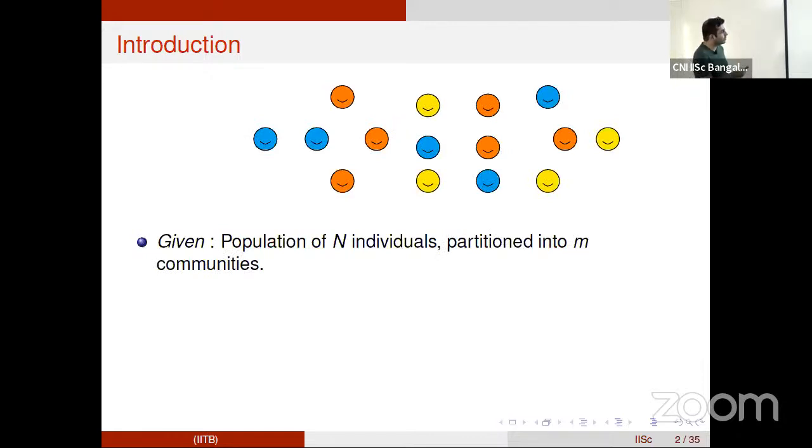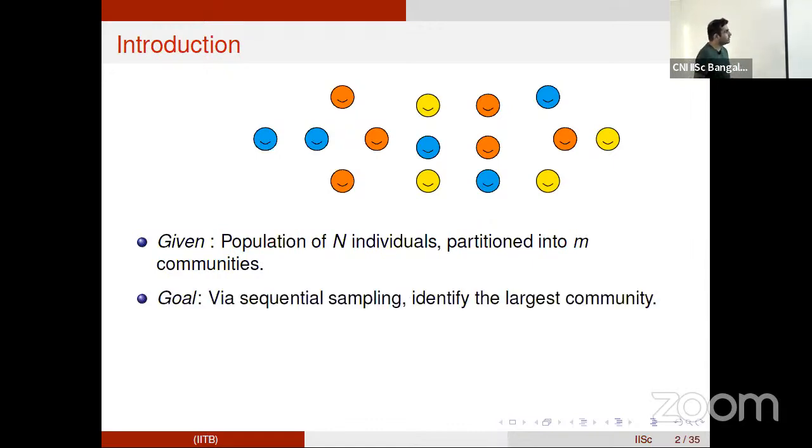This population is partitioned into m communities, and our goal is to sequentially sample from this population. Finally, we want to identify the largest community, or the community which has the largest membership. That is our overall goal. I'm going to talk about each of these in more detail, but broadly, this is the setting.